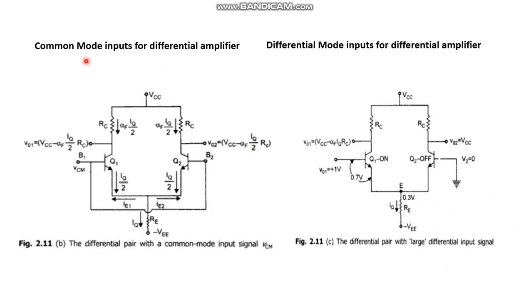Now see, we already discussed we can apply the same signal to both the input terminals. I am applying the same signal to both the input terminals, and what happened? So what is the voltage I will get here? I am applying some voltage here. After this drop I will get some voltage at this point. So what is this current first?